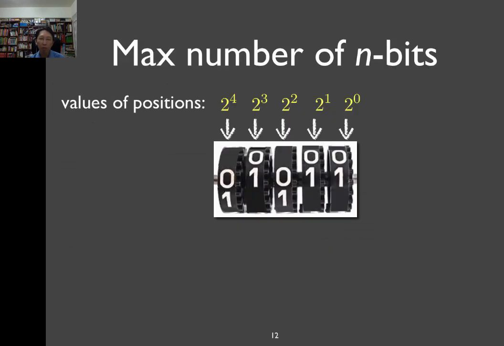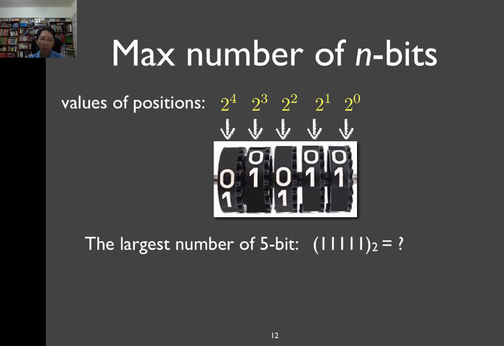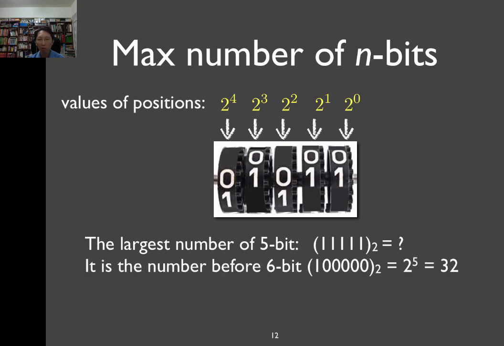Let's see the max number of n bits. Here we use this 5-bit binary number to demonstrate how to calculate its maximum value. Its maximum number for this 5-bit is 11111. Its value can be quickly calculated because it is the number before the 6-bit 100000,